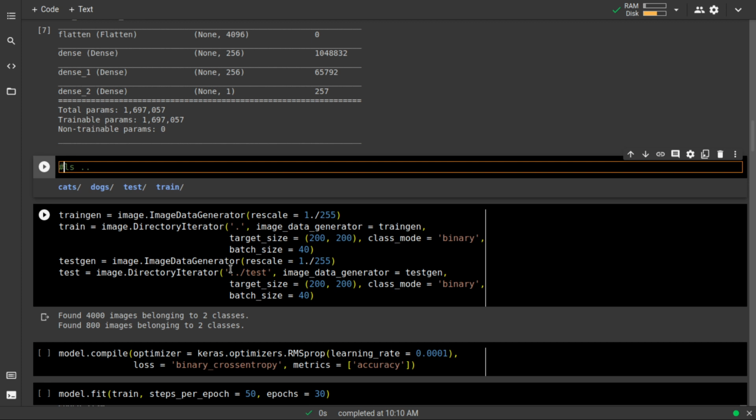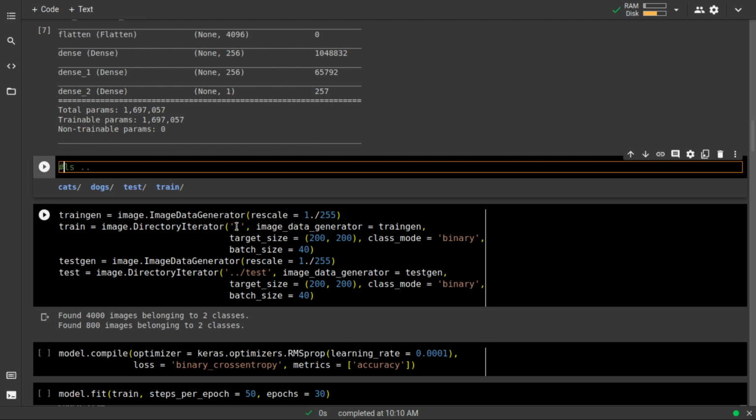So after training it, we'll pass an image which the neural network was not trained on, and it will transform that image into its important parts. All right, and that will help us identify how the neural network is learning new stuff.